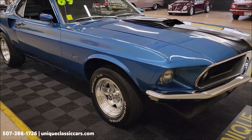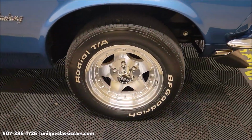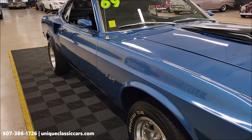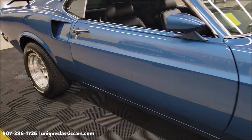BF Goodrich radials, those are just 3-4 years old. It was late in 2020 those were put on. And the wheels, American Racing polished wheels, I believe, are pretty much brand new, put on this spring, according to the receipts. Let's take a look down this passenger side. You can see paint shows well, has a nice shine to it, not full of any major nicks, dings, scratches,